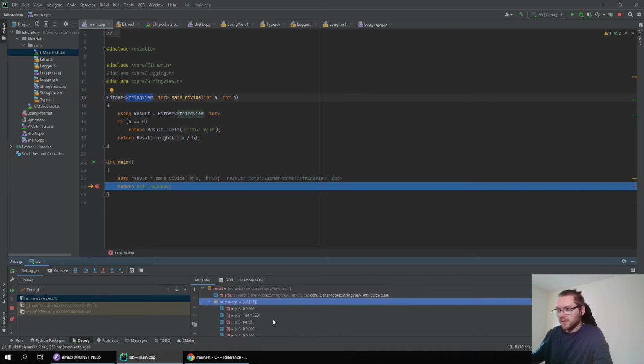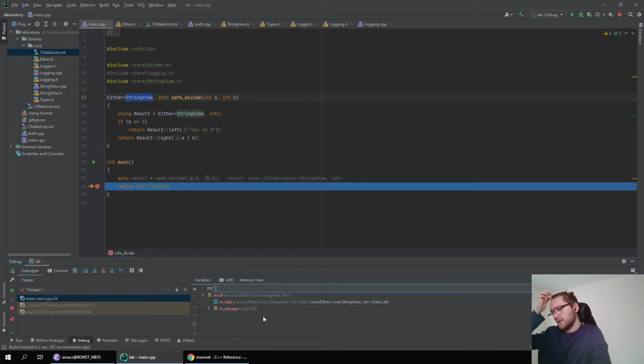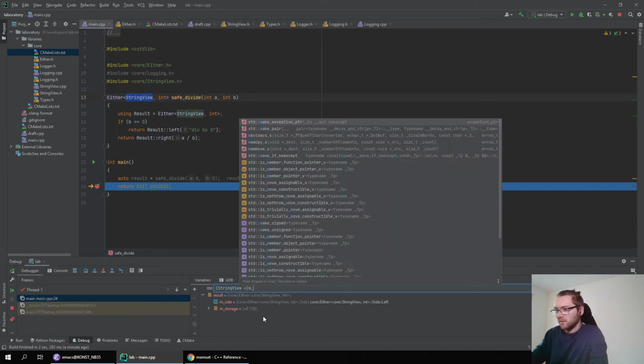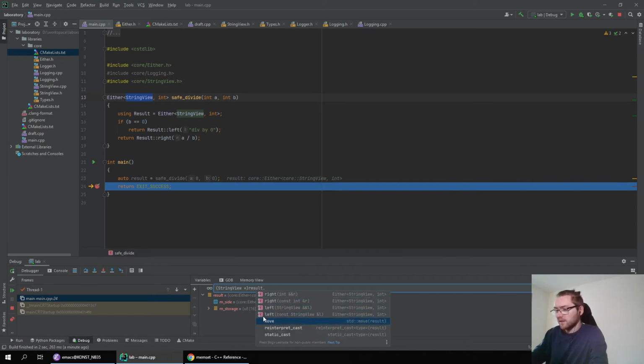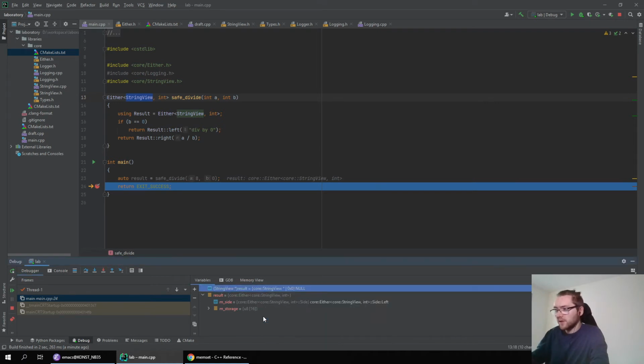So this is a string view. I can't see it here. Maybe I can convince it that it's a string view. Well, can I just interpret it as a string view? No, I can't.